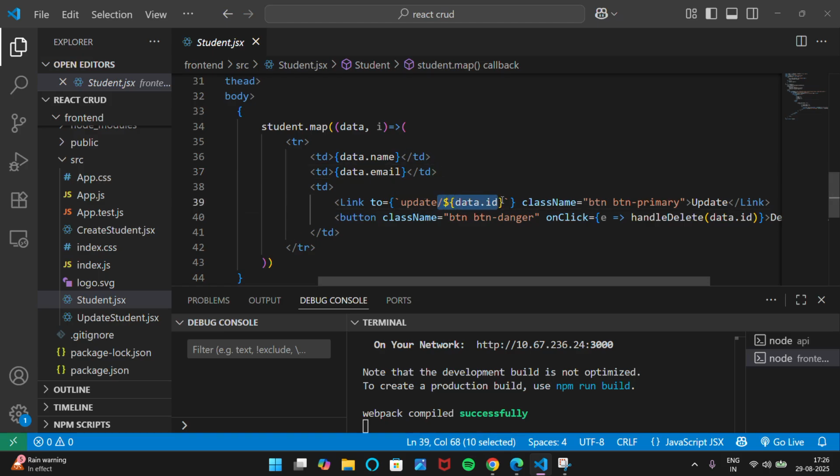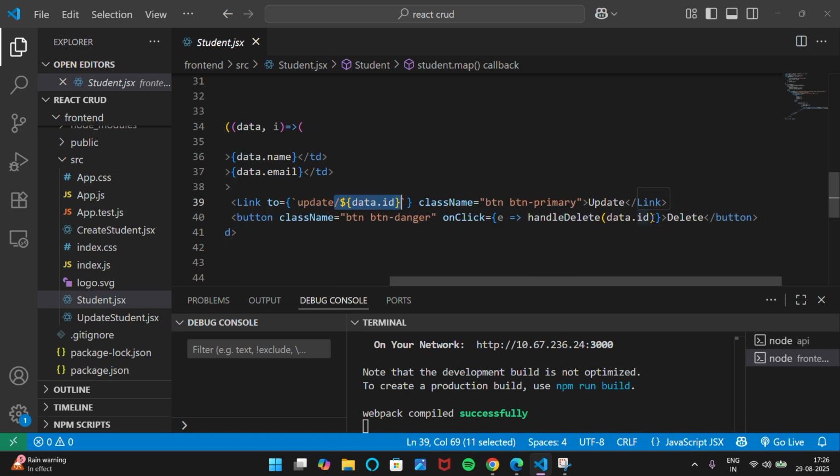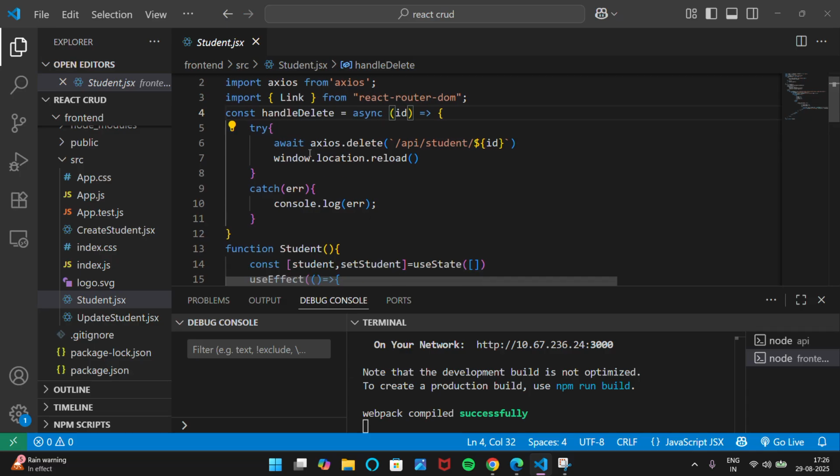Here I add the id in the parameter in the URL above, and here I send the id to the handleDelete function. On click handleDelete, the id goes with handleDelete, and the id goes into the student delete